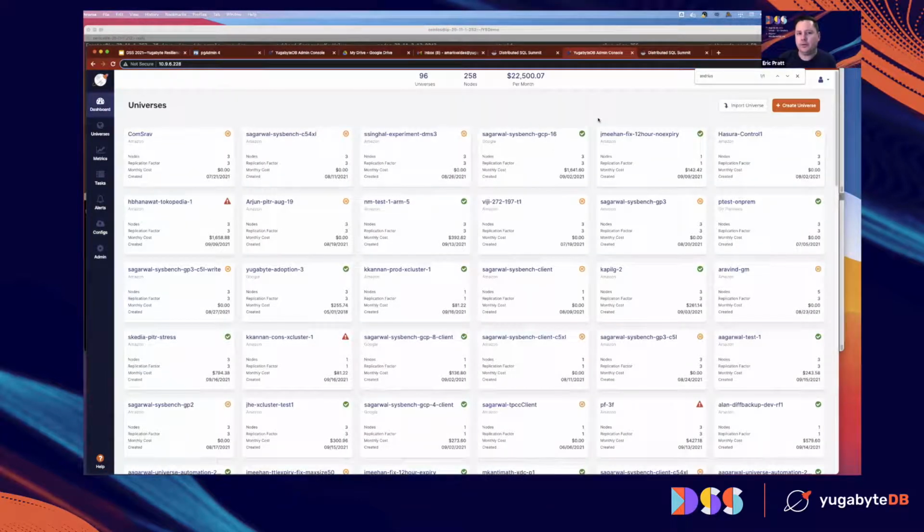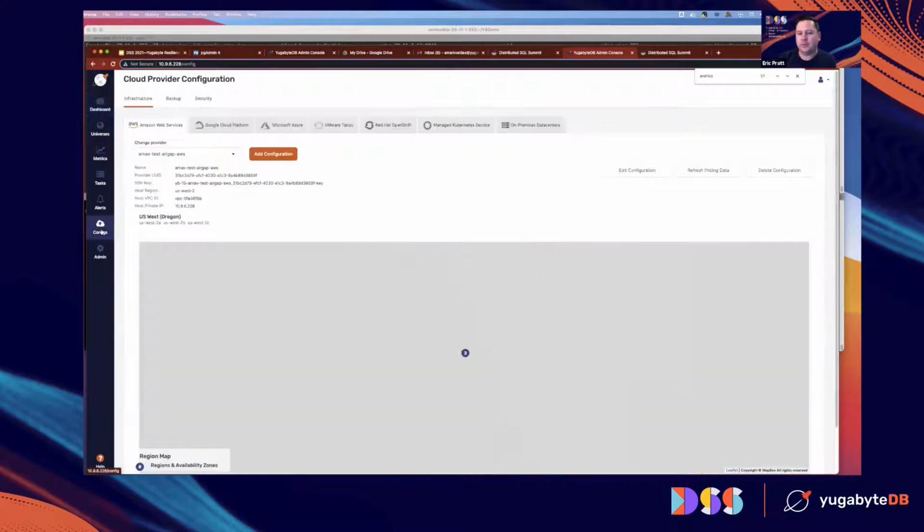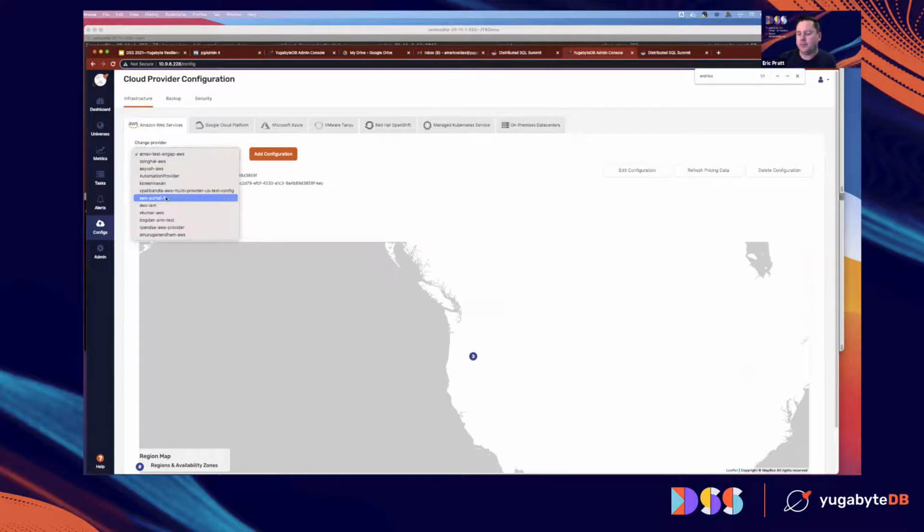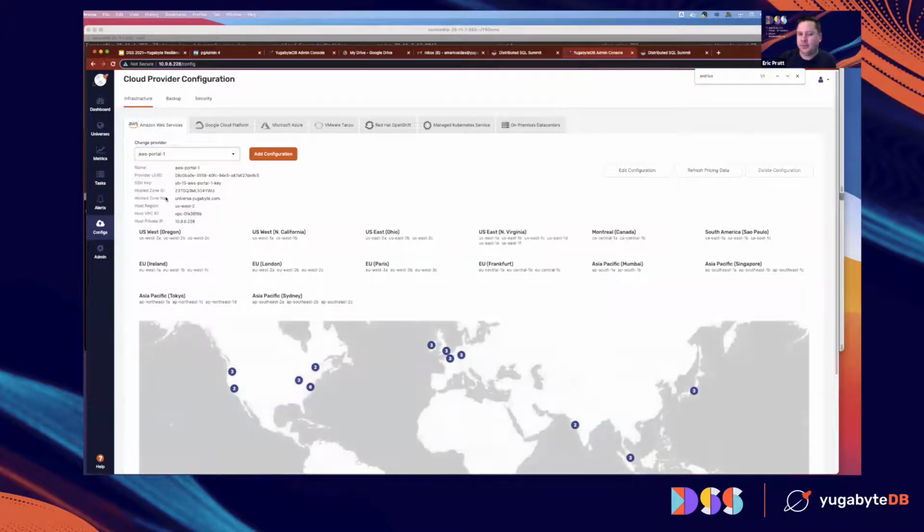And one thing I'll jump in here with is you notice we have one platform with multiple universes. So you can have one orchestration center for all of your databases. If you have multiple applications running against different databases that need separation, we have that here for you in one spot. And I'll be going against this AWS configuration where we configured an ecosystem, and I can deploy nodes to any one of these